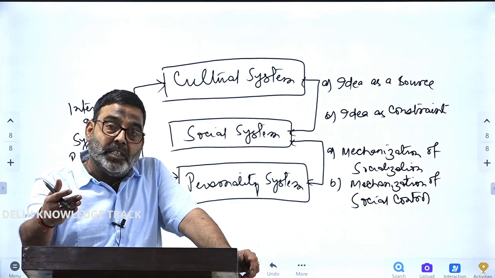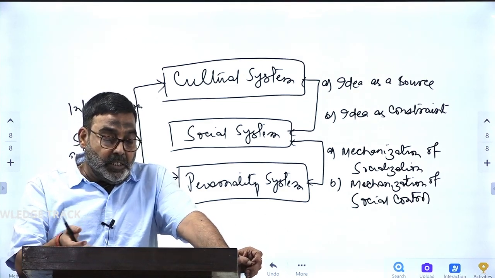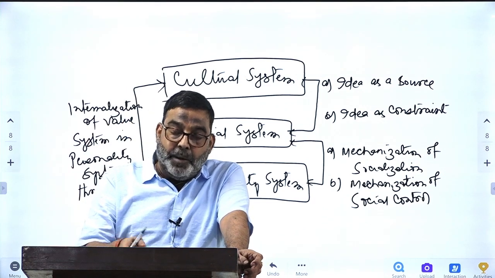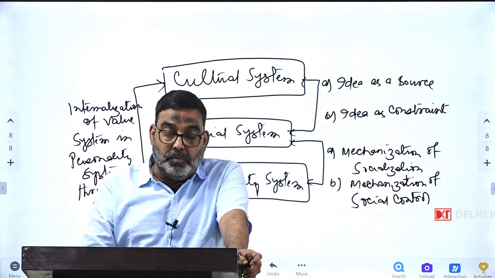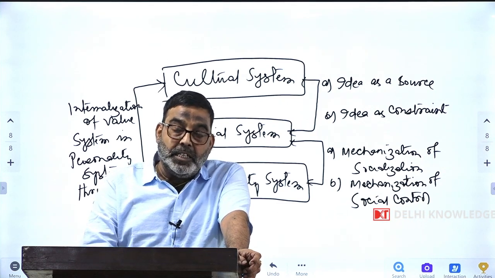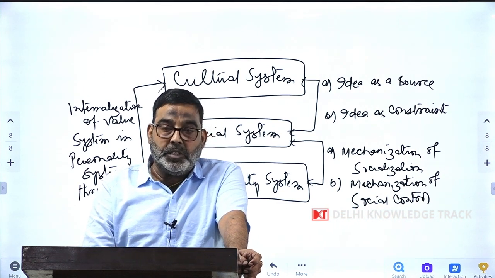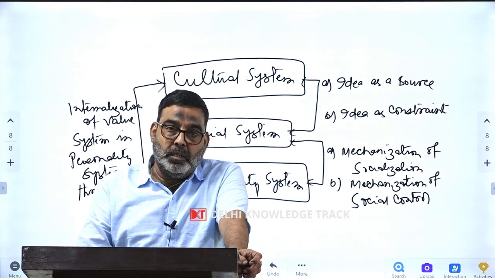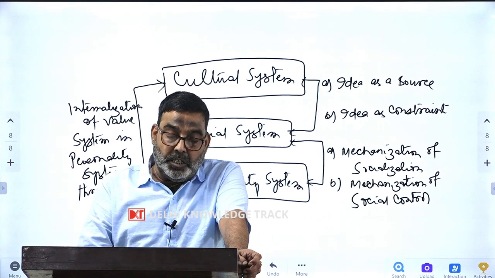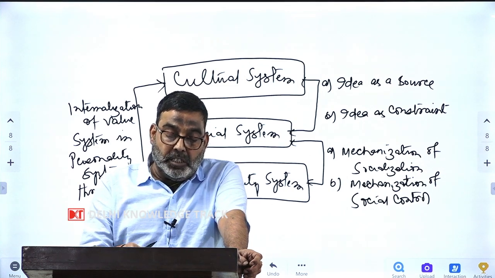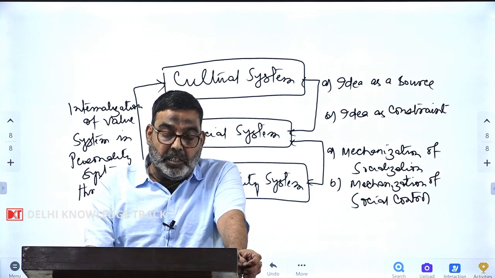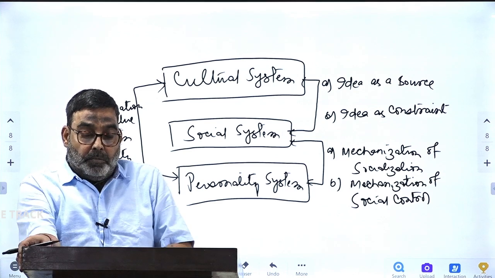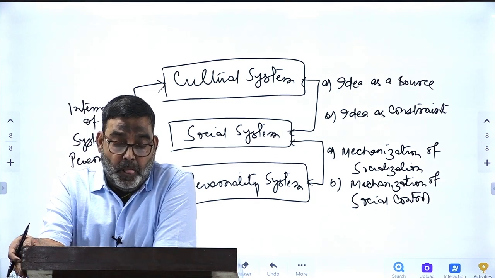When the system will become larger, it will be having the subsystem. So biological system, personality system, social system, cultural system, having the subsystems in terms of adaptive subsystems, goal attainment subsystem, integrative subsystem, latency pattern maintenance or tension management subsystems, in which what are the institutions? In an adaptive we will be finding about economy, in a goal attainment we will be finding about polity, in a social system or integrative subsystem we will be finding about collectivity, and in a cultural system we will be finding about fiduciary. Alright? And thus,